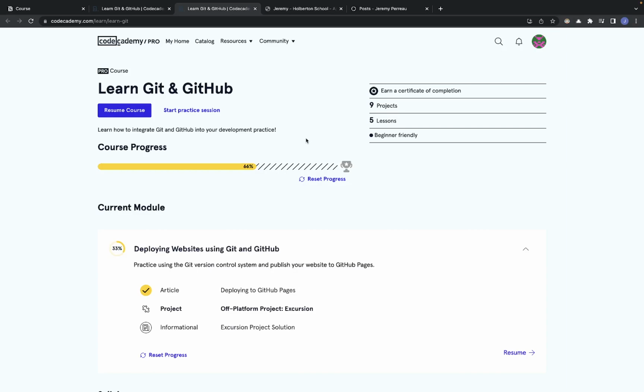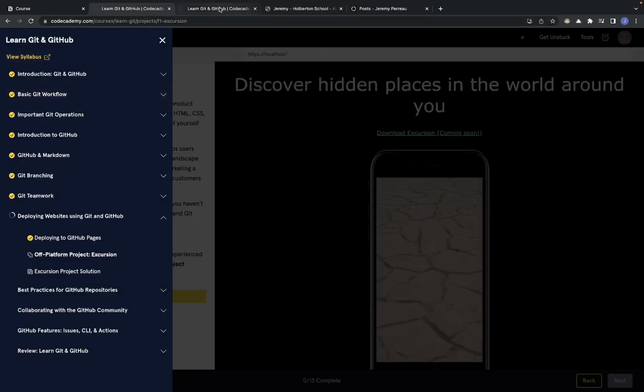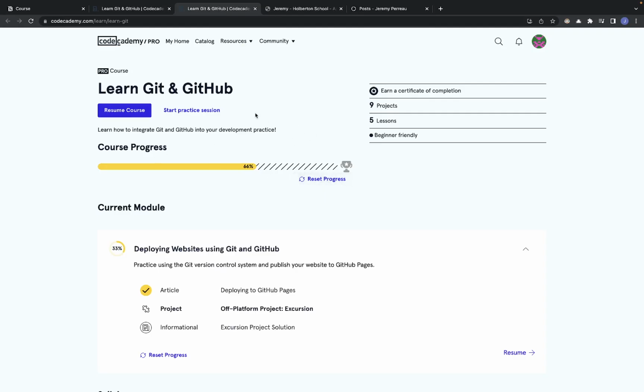put myself out there, and so I took this Learn Git and GitHub course that is here on Codecademy, and this is far better than what I was expecting. Not only is the course really good, but what you can do with Git and GitHub,